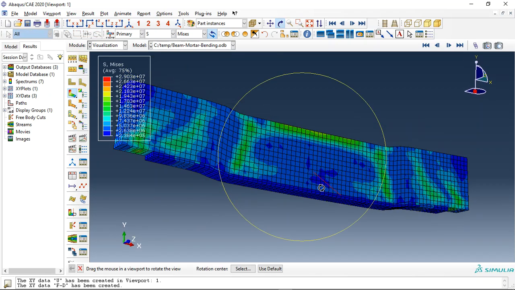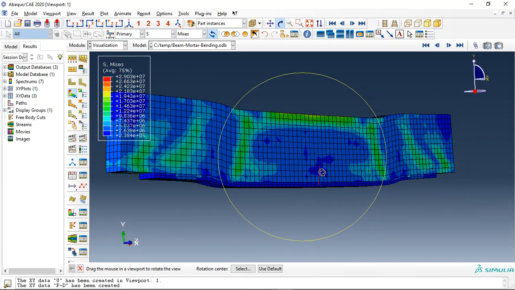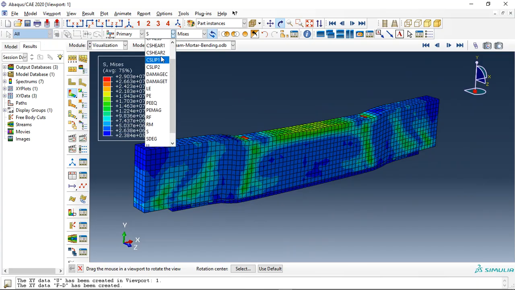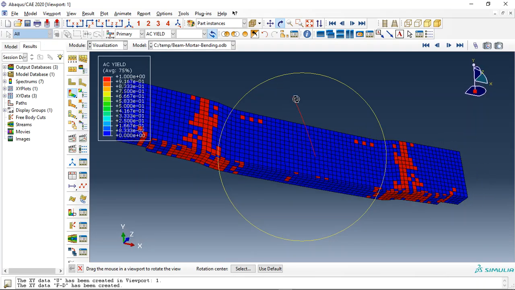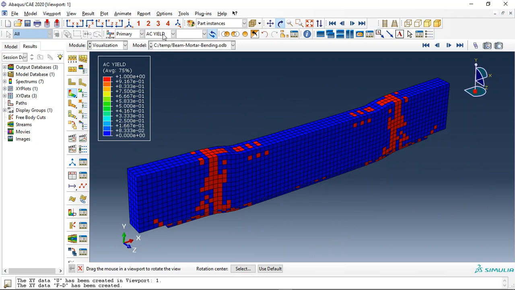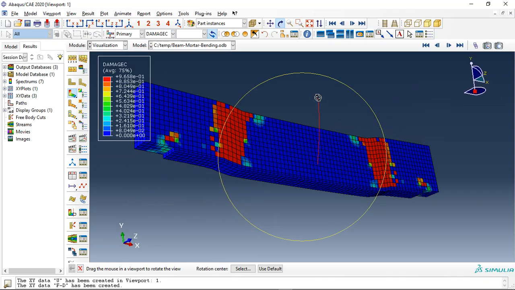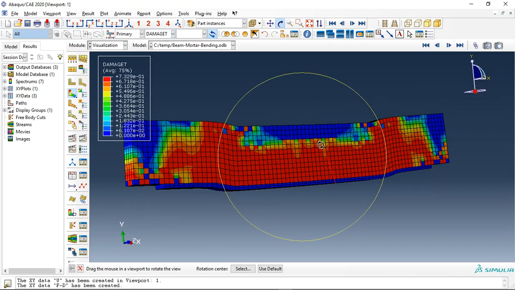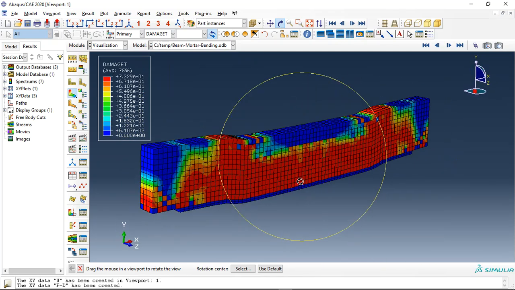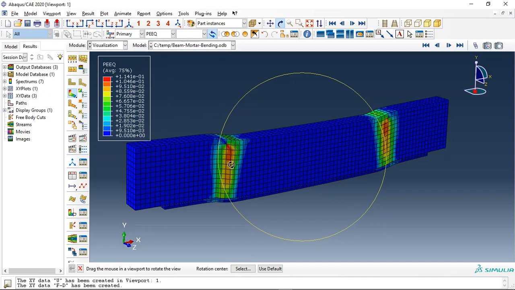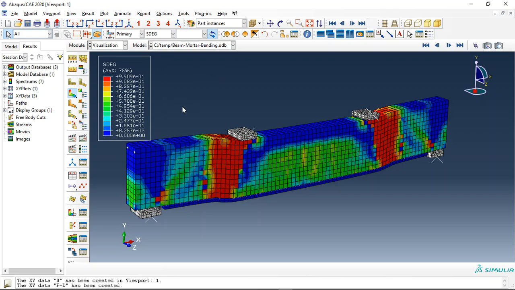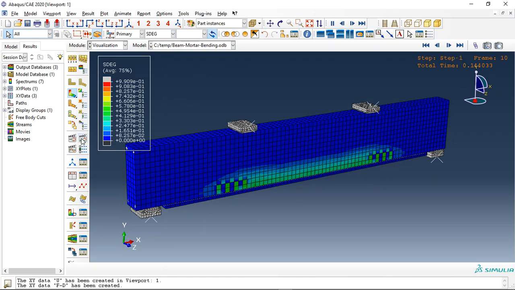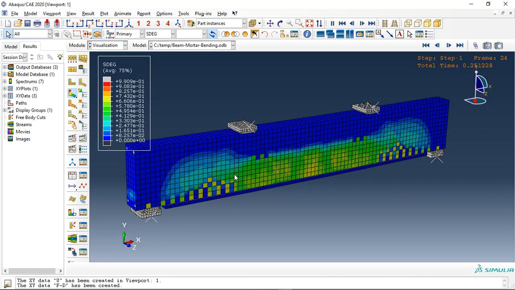Here it is the deformation under the static analysis, the deformation and the stress which is happening in both models, and then we can request ACL, see the ACL which is happening at the boundary zone and the load locations, and we can check now the compressive damage which happened, then the tension damage, see tension damage happen, plastic, these are the plastic hinges that you can see here, plastic again, and a stiffness degradation, and let me add all. If I click on animate, you can see here the deformation and the stiffness degradation here in these